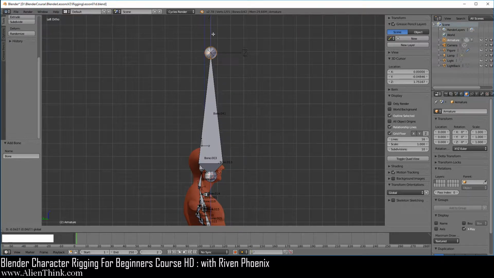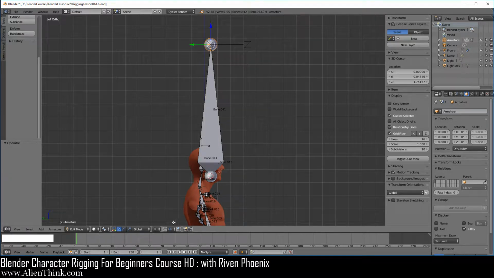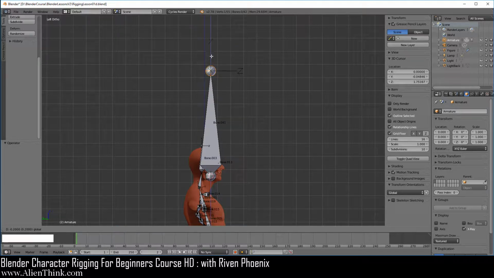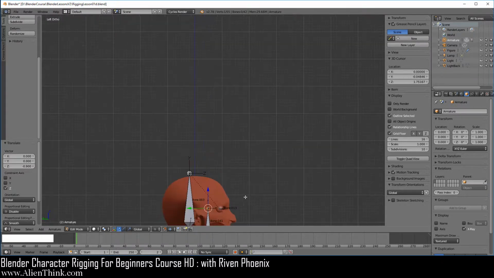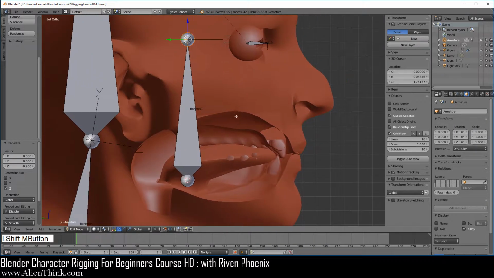Now notice that we don't have snapping enabled. So I'm going to Control Z that and click on snapping over here. Go ahead and click on the blue arrow and bring it down. 1, 2, 3, 4, 5, 6, 7, 8, and then 9. Go ahead and zoom in, Shift middle mouse button over here and just zoom in. Okay, so now we don't actually have to use snapping.